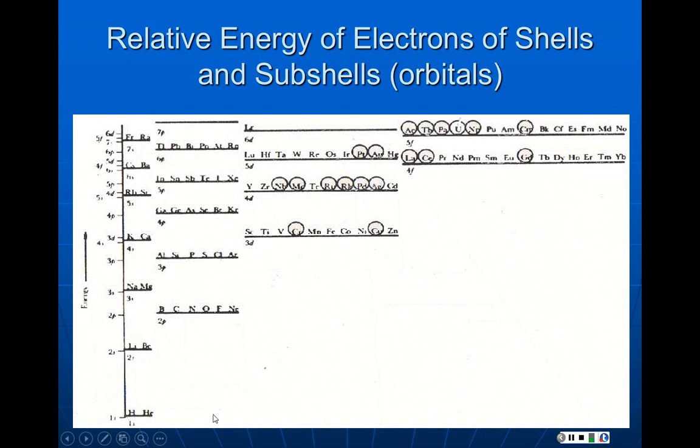An electron that's free has no energy, and so as an electron gets close to the nucleus, it actually has negative energy. And you see there's a very large gap in energy levels between the electrons that are around hydrogen and helium and those that are on the outside of lithium and beryllium. And as you go out, there's a smaller gap to the p, and then here's the beginning of your 3 shell, 3s, 3p,